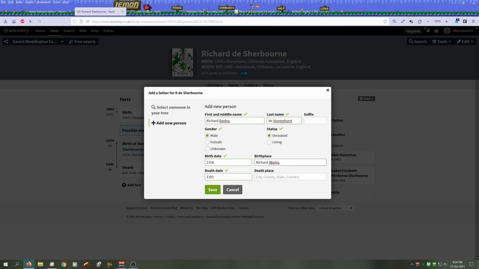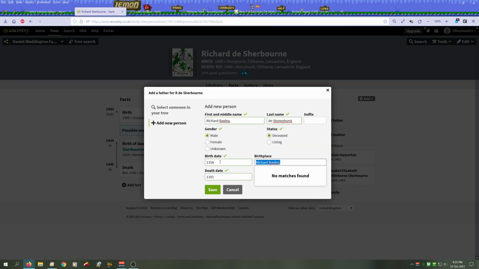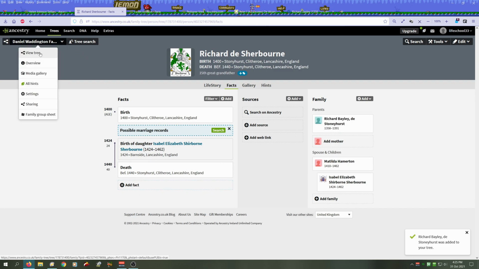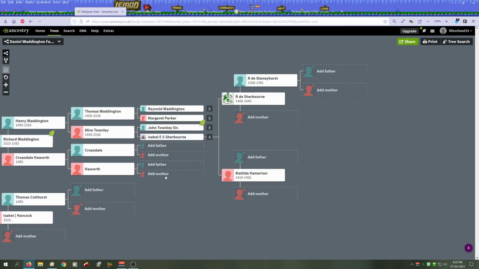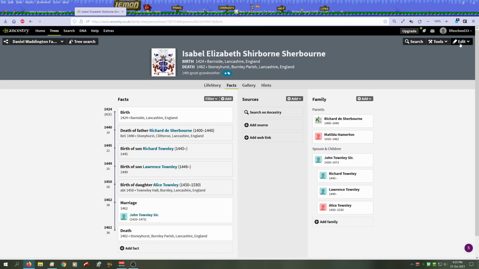And from this one it's saying that they were born in Stonyhurst, which is Clitheroe. So it's pretty difficult if you want to insert another generation after you've already inserted this generation, because that means that names and dates won't be connected up anymore. Luckily, if we get Isabel Sherborne wrong and we click on her profile, then we can also edit her